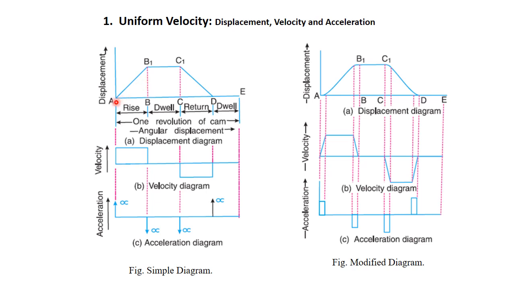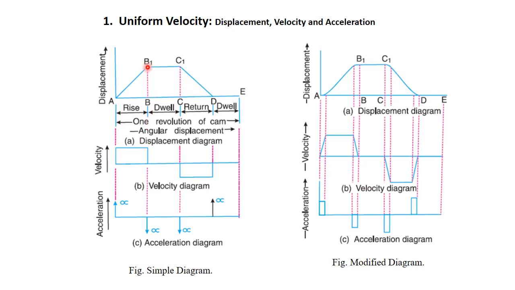So we see that the displacement is a straight line which has some angle, and this angle gives a constant slope. Therefore the slope of the line is constant, and the velocity throughout this stroke is constant. So we can say that from A to B the velocity is constant.